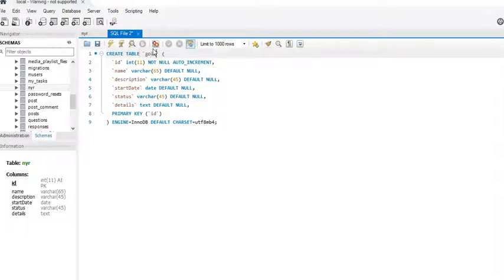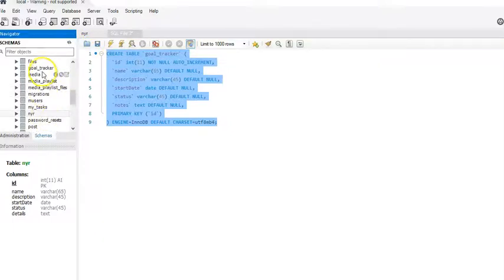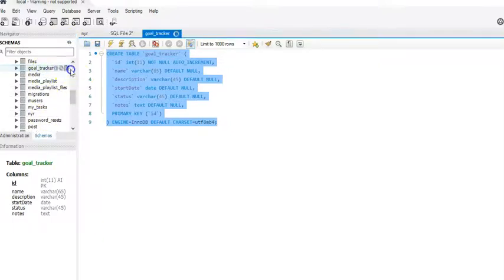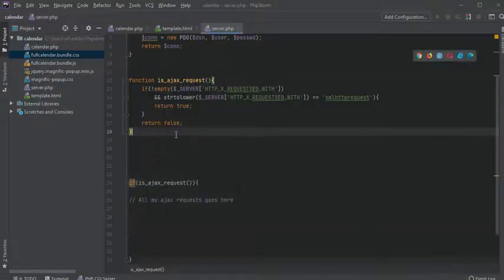We're going to call it goal tracker, and we're going to put it how we want it. So status and then notes, and description remains the same. So yeah, for the first time I've actually created the database live for you to see. Alright, so we now have a database, and let's actually now go into creating our